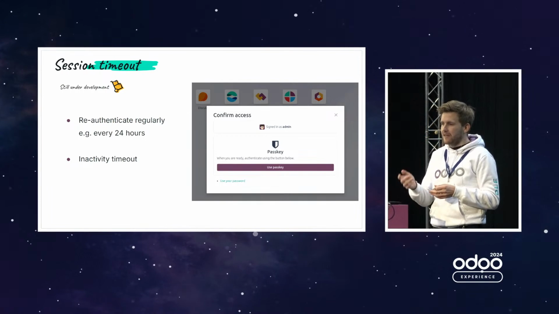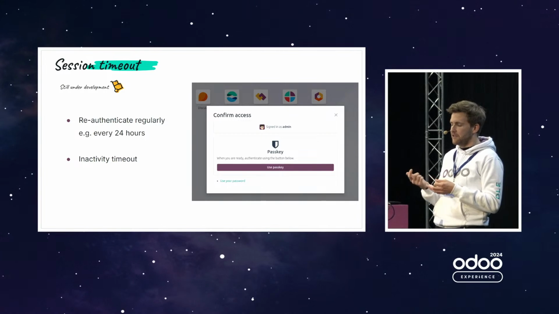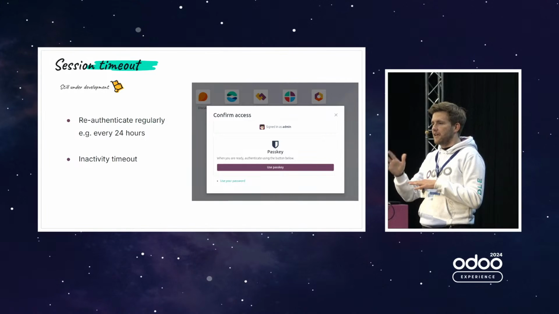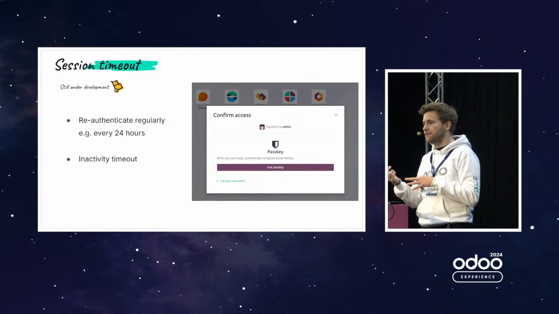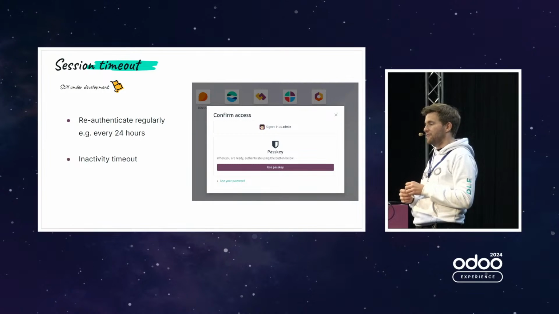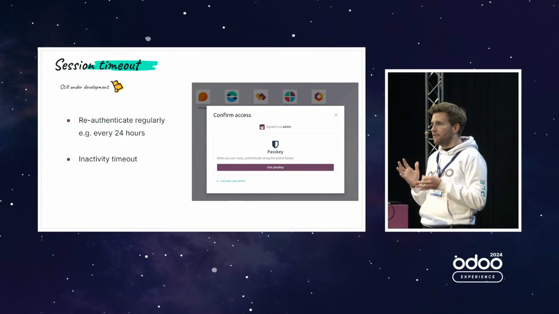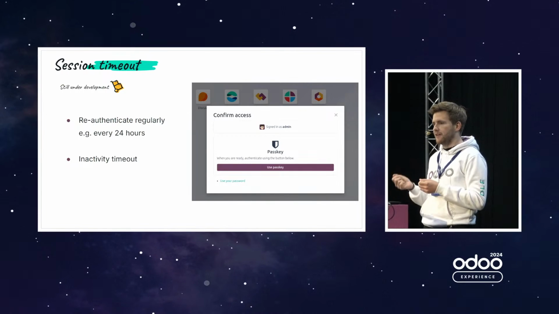When you click, it will interrupt what you were doing. Let's say you were opening a list, it will interrupt the showing of the list. It will ask you to sign in, and then once you sign in, it will replay what you asked before. We want it to be as smooth as possible to have a good balance between usability and security.